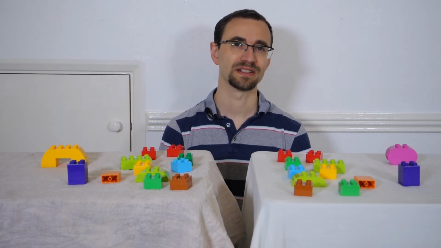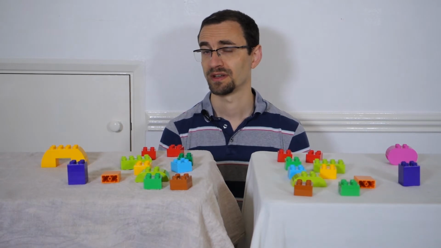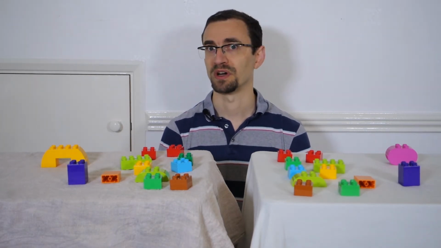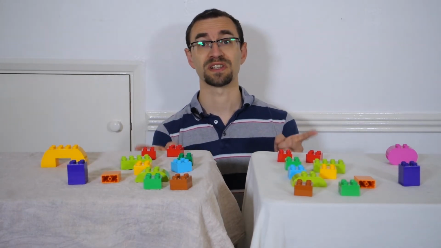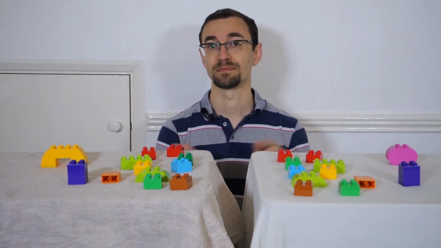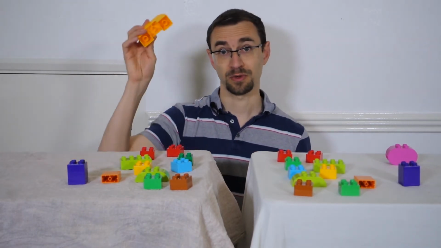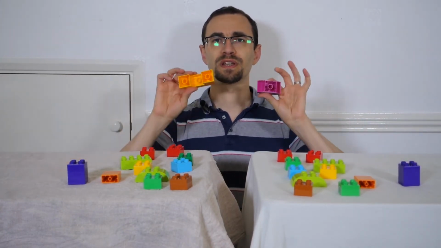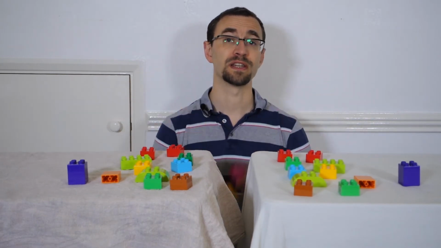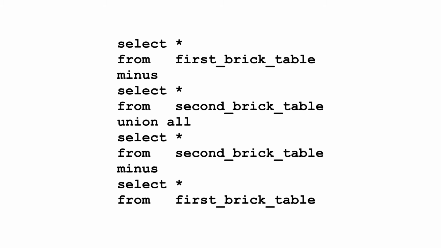Combining union and minus leads to a classic use case, checking if two tables have exactly the same rows. Let's say I'm splitting up the bricks between my daughters, and to help avoid fights, I want to ensure that the two tables here have exactly the same bricks on them. To do this, we can first check which bricks exist on this table but not this one, and then do the opposite, find the ones on here that don't exist here. Finally, we can combine the results with union to see all the differences. With set operators, this is simple. Minus each table from the other and union the results.